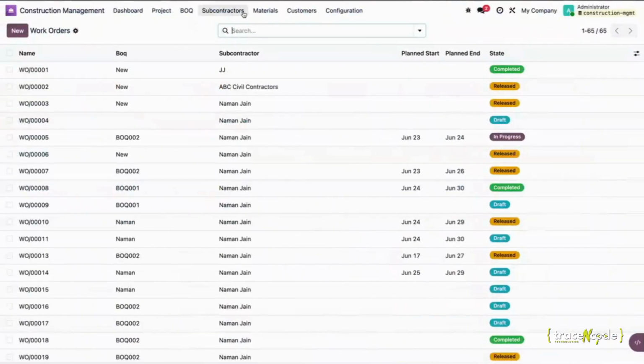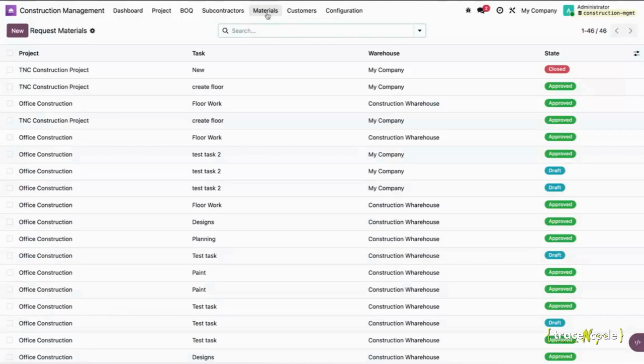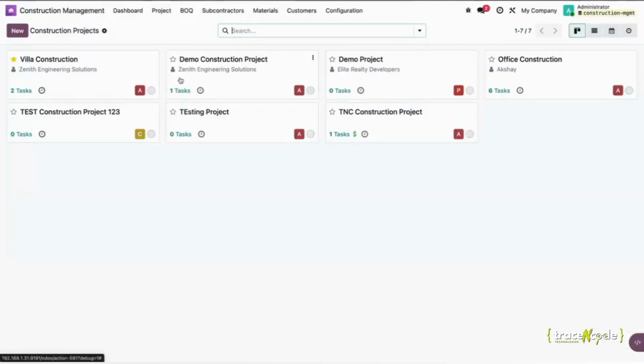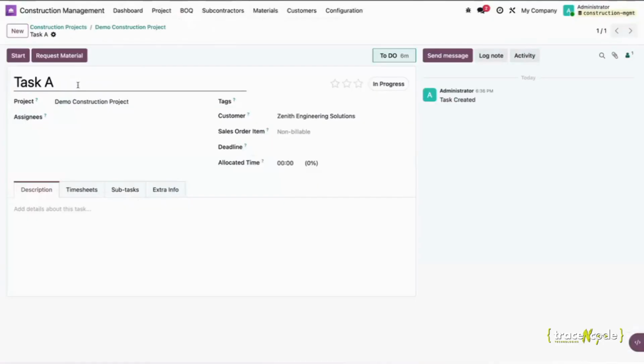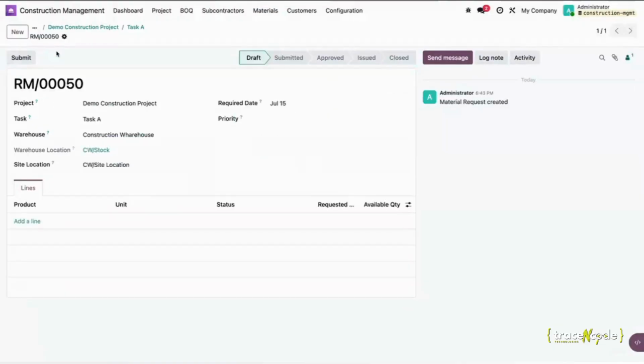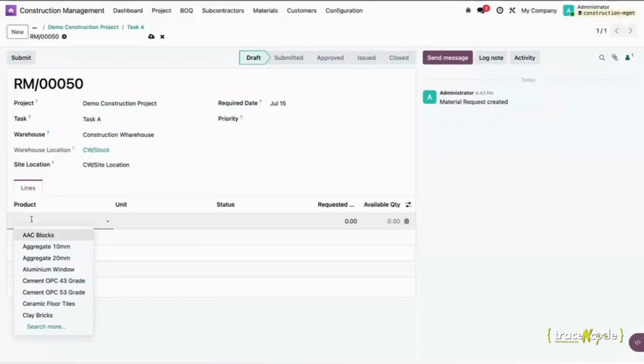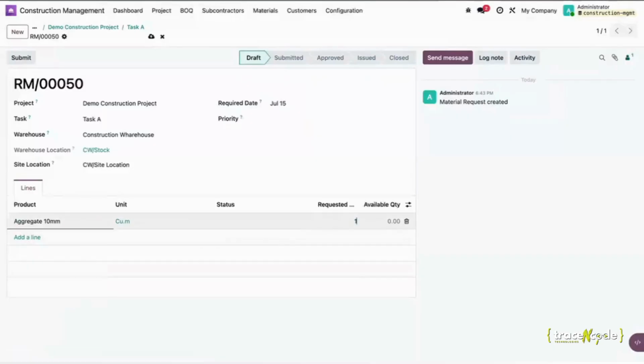Then there is the option for request materials and scrap collection request. Basically request materials work like this: if there is any construction project created and those projects need any material, the user can request material from a task or directly from the request material option. If you click over here, you can request materials, you can add the materials that you require, and you can add the requested quantities and submit it for